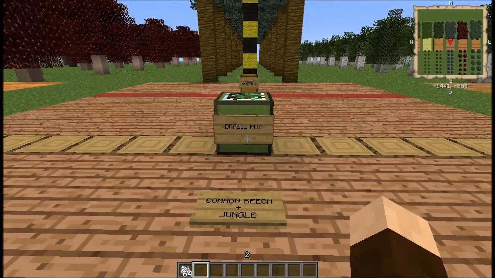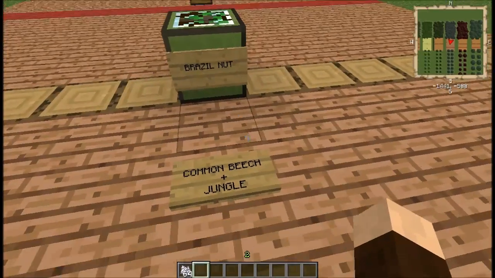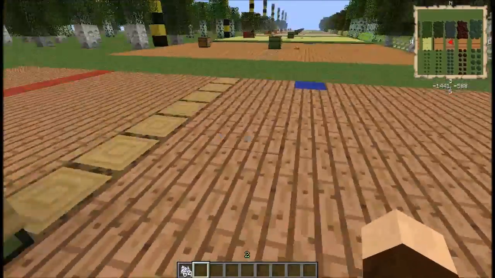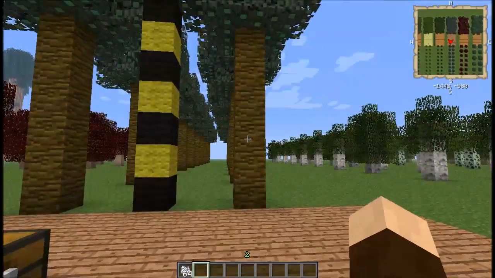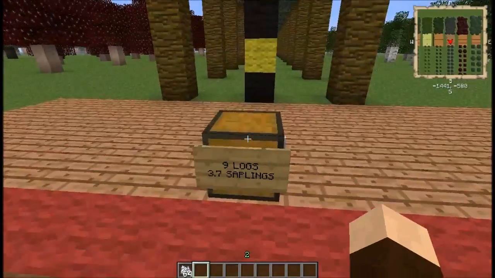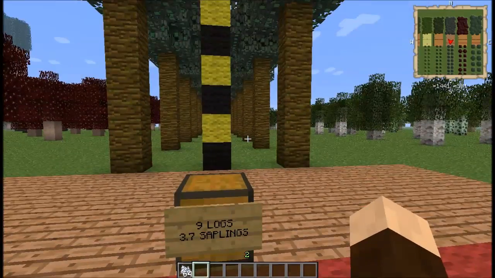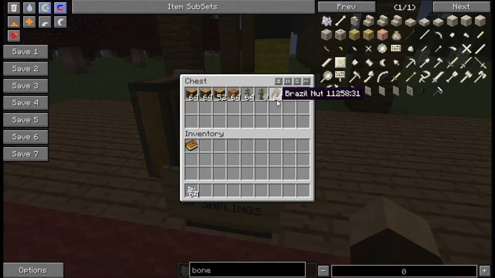Moving on to the next tree in this branch, the Brazil nut. You will need the common beech once again, and you'll need some jungle trees in order to get this. And the wood, as a matter of fact, is the jungle wood that you get in just vanilla Minecraft. And these are the vanilla planks. But you can expect to get about 9 logs and just under 4 saplings per tree. It's a little bit better than a jungle tree there,